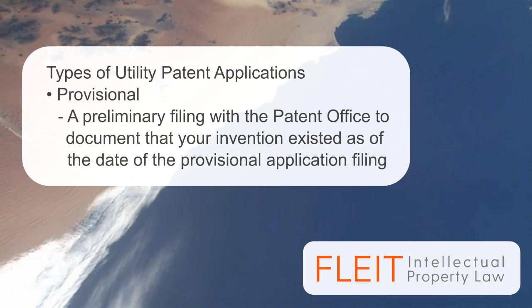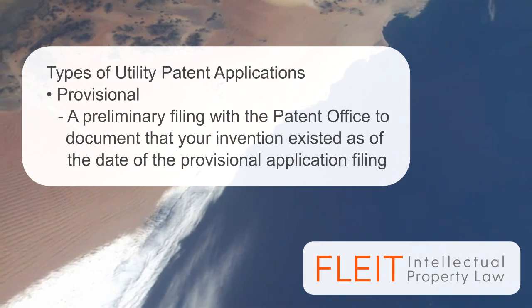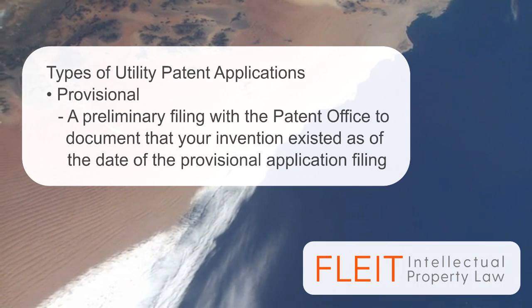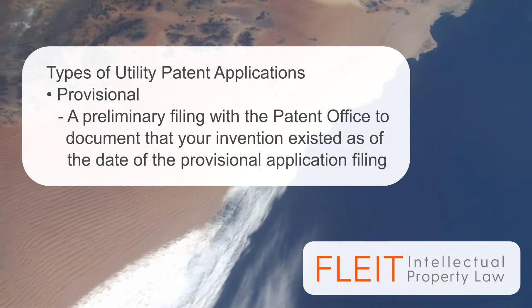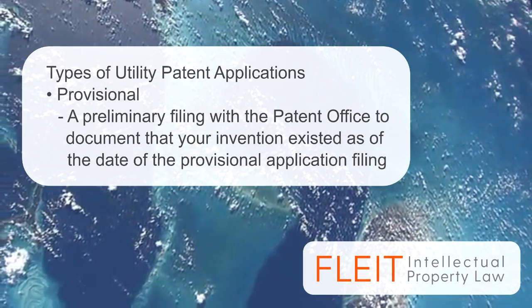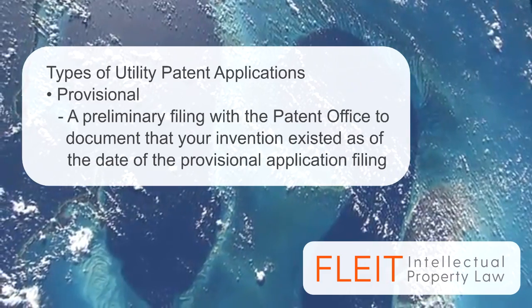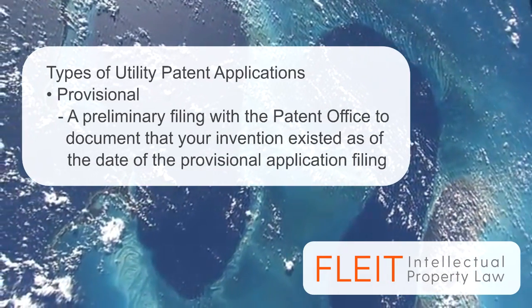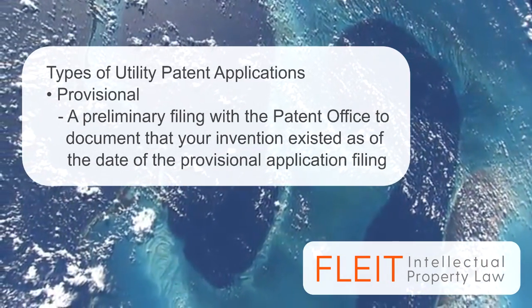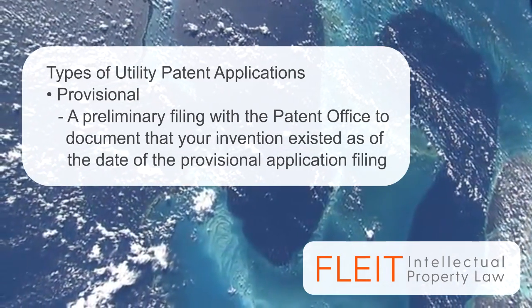So a provisional application allows you to file something with the patent office that describes your invention, and as of the date you file that provisional application, you are given a priority over people who disclose things later. So it's a little bit of a placeholder. It's only valid for 1 year. So if after 1 year the provisional application goes away, it's like you did not file it. But within that 1 year period, you can file a non-provisional application and get the benefit of the date of